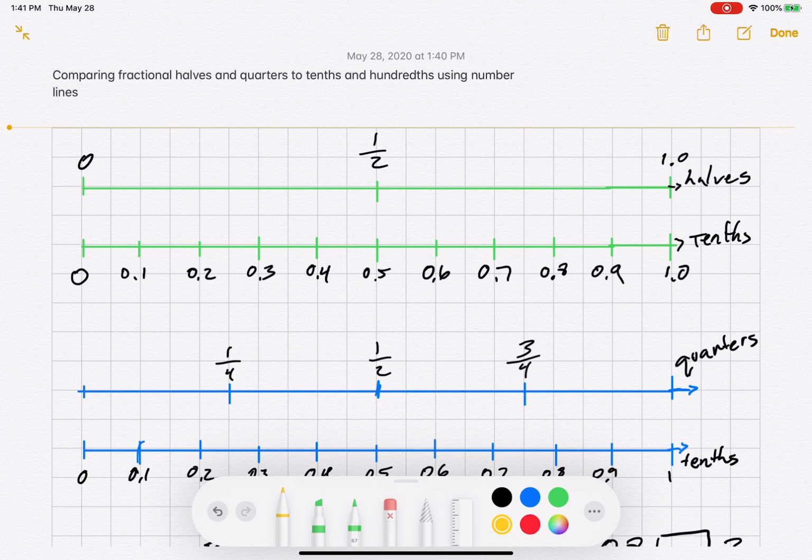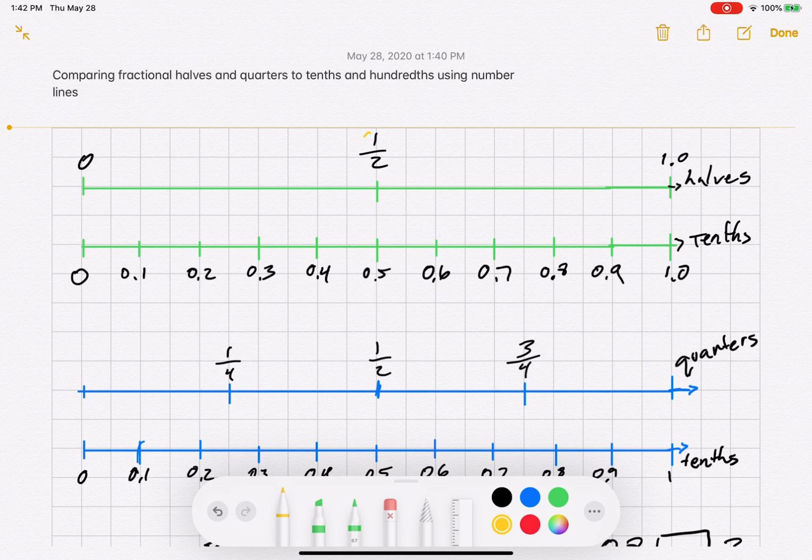Okay, so now we are comparing fractional halves and quarters to tenths and hundredths on the number line. If we look at this top number line here in green, it is divided into halves. And then the bottom number line is divided into tenths. So what decimal does 1/2 equal? And if you look at the number lines and you compare them, you can clearly see